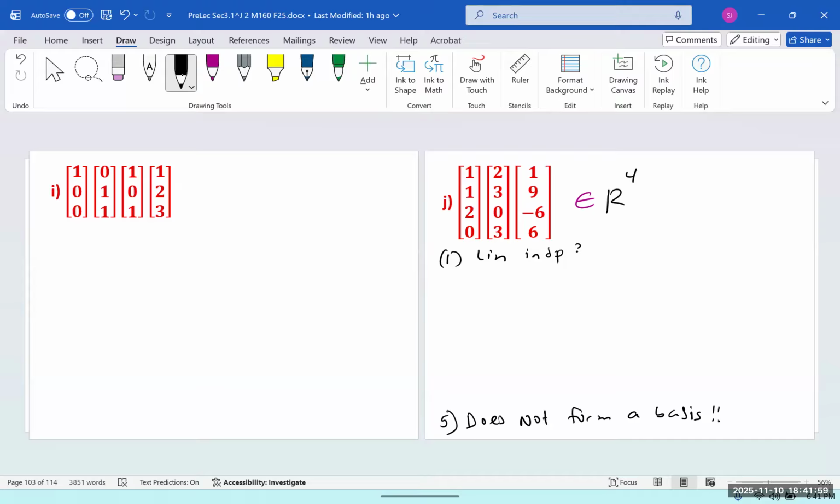By looking at them individually, they don't look independent. They don't look dependent, right? Because if you want to go from 1 to 2, you need to multiply the entire first column by 2, but then this one doesn't match. Or if you want to go from 1 to 9, you need to multiply the first column by 9, but then the rest doesn't match. If you want to go from 3 to 9, you have to multiply the second column by 3, but then this doesn't match. Individually, we don't see any constant. We don't see them being multiples of one another. So in this case, we have to see